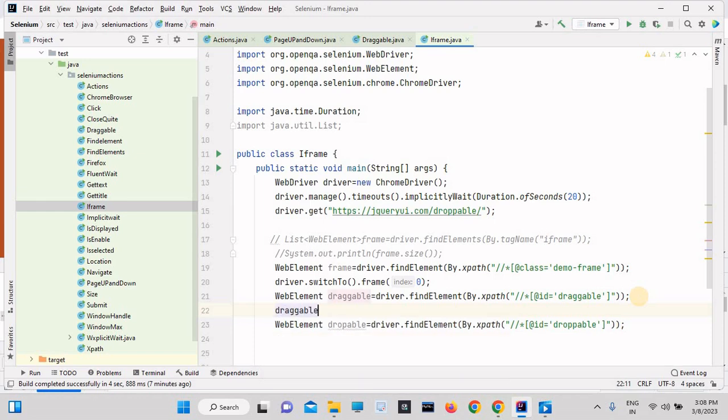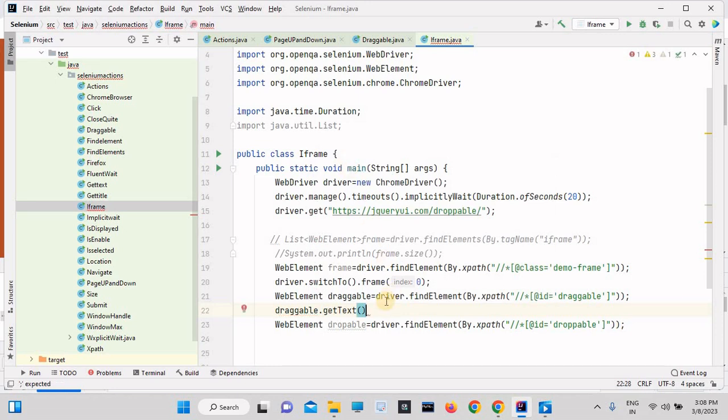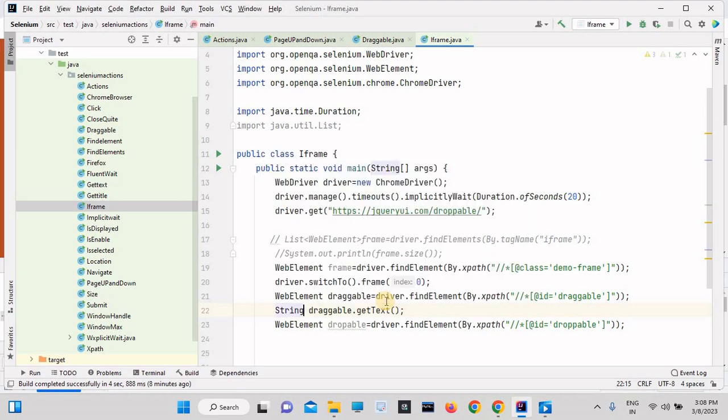So draggable.getText(). What is the return type? See here, what is the return type? The return type of this getText is String. Simply store this inside a String type variable. I will give the name